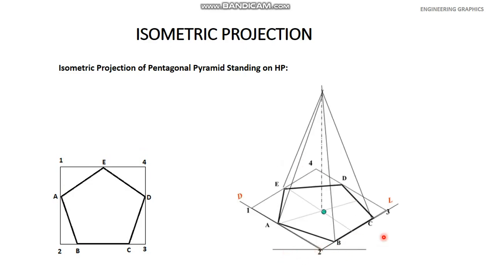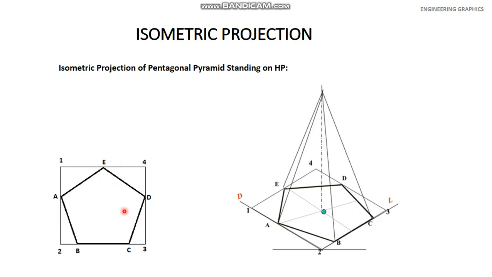On the baseline, at an angle of 30 degree, draw a line 2, 3, and at an angle of 30 degree, draw a line 2, 1. Parallel to line 2, 1, draw 3, 4. Parallel to 2, 3, draw 1, 4. So this is a square 1, 2, 3, 4, similar to the square here 1, 2, 3, 4. Now, this is a square in which you have to draw the pentagon in the same way as it is shown